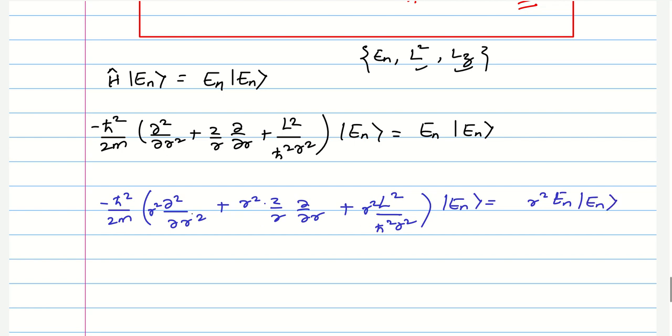We also multiply by h cross square. So, why we are doing that? Because we can get rid of this h square r square in the denominator. So, with this we get